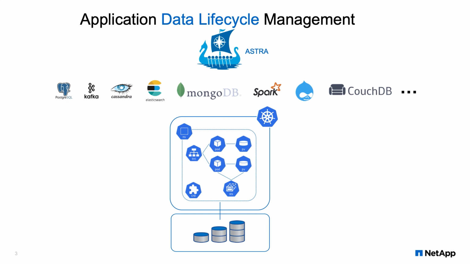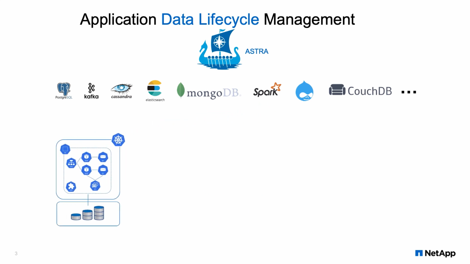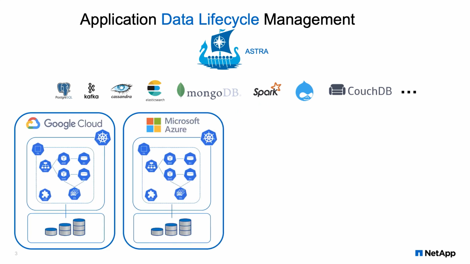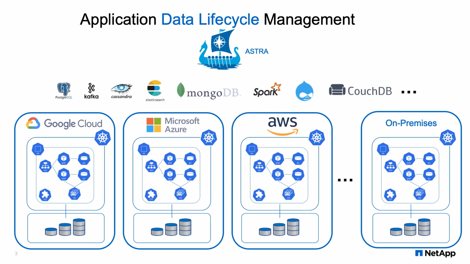Astra understands the application construct in containers and delivers services through the custom resource framework, which is widely used by the ecosystem to extend Kubernetes functionalities. A key differentiator in Astra is its ability to not only fulfill application data management in major public clouds, such as Microsoft Azure, Google Cloud, and AWS, it also offers the same service level for on-premises enterprise data centers with